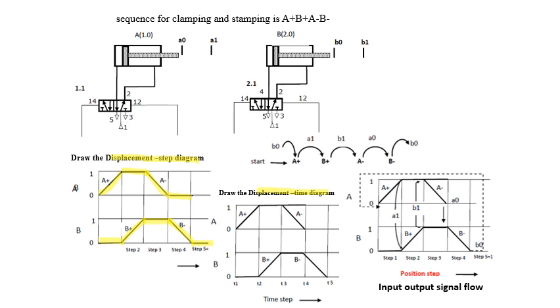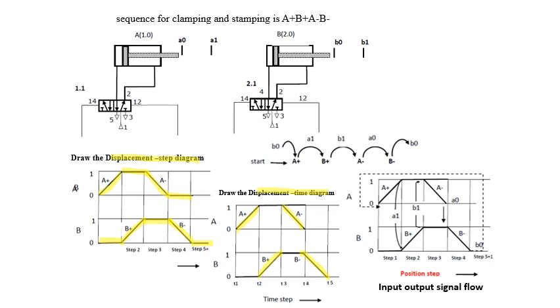In the same way, here we have the displacement time diagram. First, 5 seconds cylinder A will go forward. After 5 seconds only, cylinder B should go forward. Then after cylinder B goes forward, cylinder A will retract back. Then cylinder B will retract back. This is the displacement time diagram. In total it requires 20 seconds, by assuming each cylinder requires 5 seconds for forward movement and 5 seconds for retract movement. It requires 20 seconds to complete this sequence operation.